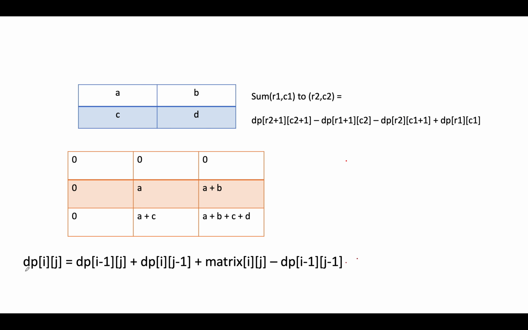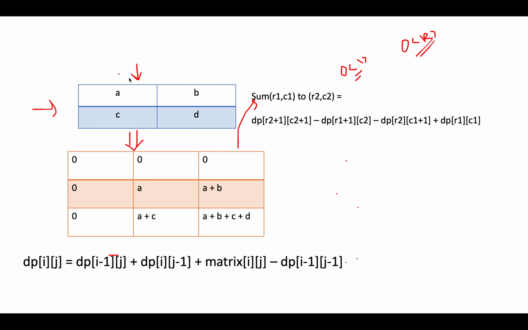It's a two-step process. The first thing that we are going to do, using the input matrix, we'll do some pre-processing on this input matrix and build processed data. And using this processed data, we will find out the sum of incoming queries in constant time. So the time complexity will reduce from order of n cube or third degree to order of k.